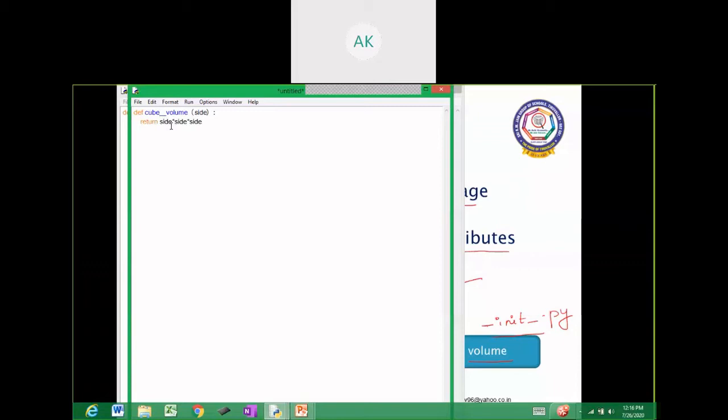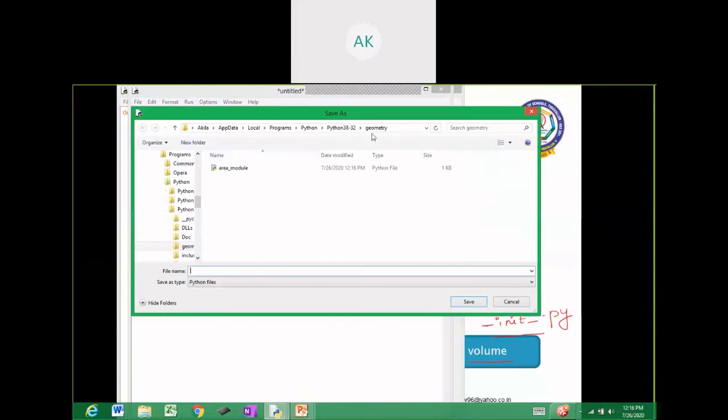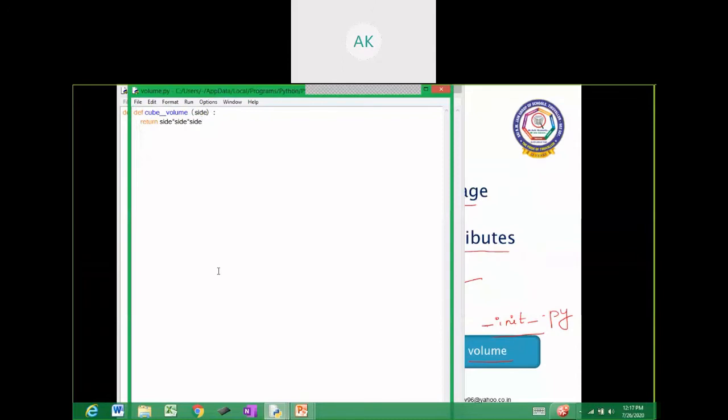So we have specified the function for calculating the cube volume. Save the file under the same directory, geometry. The file name is volume.py. So we have saved both the files.